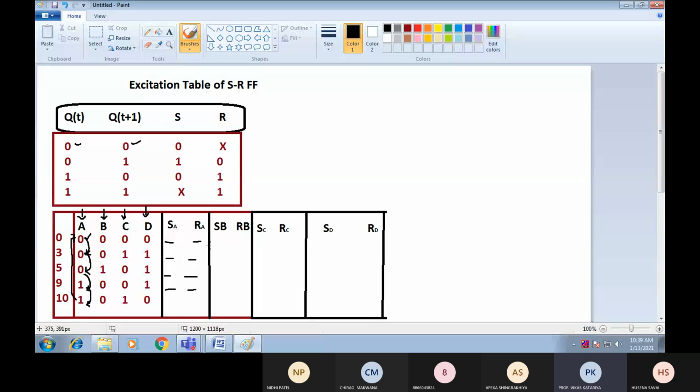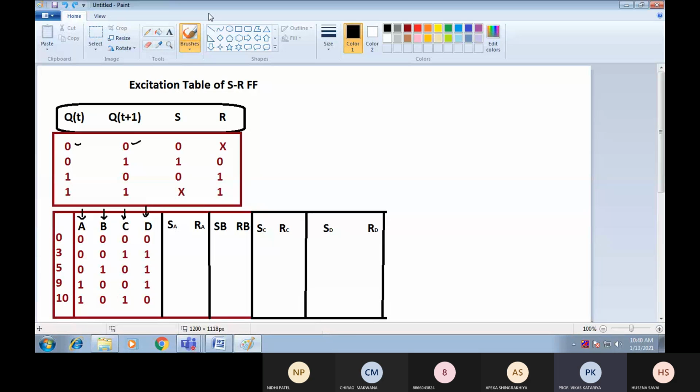ये हमें एक सीक्वेंस दे देगा कि एस ए और आर ए में कौन सी वैल्यू आने वाली है। इसी तरह से जो सेकंड वैल्यू थी वो बन जाएगी फर्स्ट वैल्यू, दैट इज प्रेजेंट स्टेट, और अगली वैल्यू बन जाएगी नेक्स्ट स्टेट। सो प्रेजेंट स्टेट, नेक्स्ट स्टेट, प्रेजेंट स्टेट, नेक्स्ट स्टेट। इस तरह से आपको पांच में से चार सीक्वेंसेस जनरेट हो जाएंगे एक्साइटेशन टेबल में से देखते हुए। और फिर जो लास्ट वैल्यू है, प्रेजेंट स्टेट लास्ट वैल्यू होगी तो नेक्स्ट स्टेट उसकी पहली वैल्यू होगी। साइक्लिक प्रोसेस में वर्क करता है, राइट। तो इसको अब हम डिजाइन कर लेते हैं वन बाय वन।